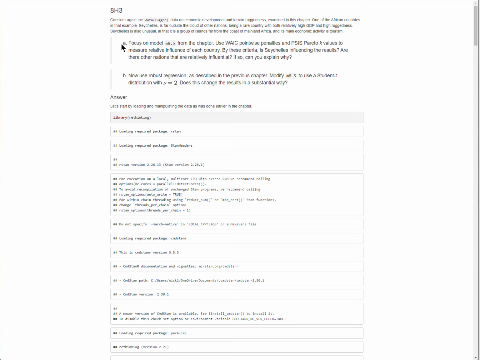We are going to go through parts A and B here. So we're going to focus on M8.5 from the chapter. Now this is actually a typo. I believe that this should be M8.3 in the chapter, but for whatever reason, just a typo in the textbook. So it should be model M8.3.